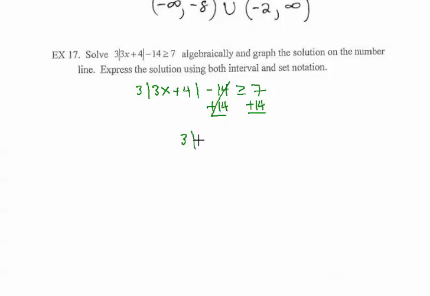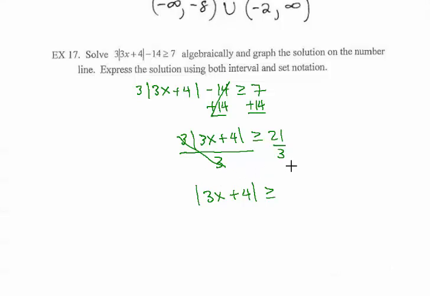Fourteens cancel on the left. Now we divide both sides by 3. Threes cancel on the left, and we have a 7 on the right, and we still have the greater than